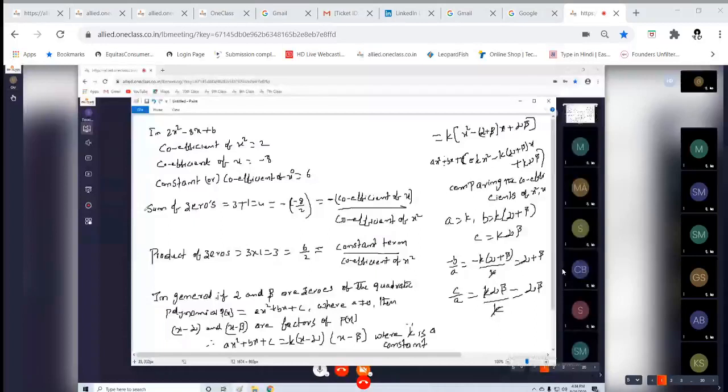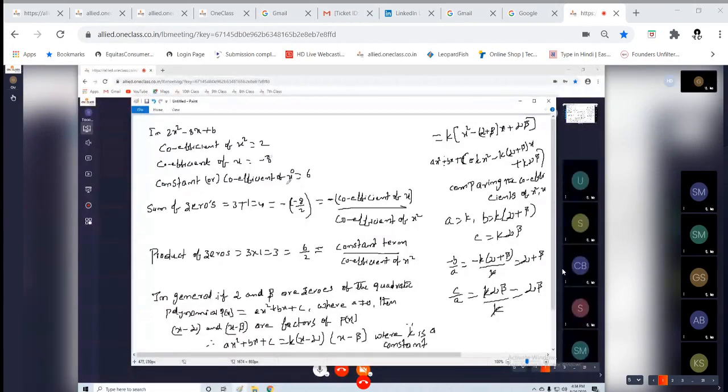Relationship. So we are finding the sum of the zeros, no? The zeros are 3 and 1. You got 4, no? This 4 can be written as minus of minus 8 by 2, which again gives 4. The product of zeros is 3 into 1, which is 3. Suppose 6 by 2, that means 3 only, no? That means the sum of the zeros is equal to minus b by a, no?